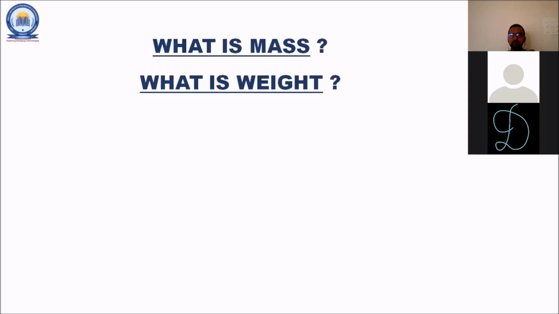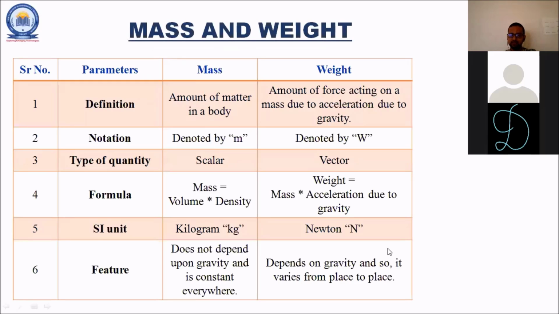Okay, weight is mass multiplied by the gravitational acceleration. Okay, Dev Shah has replied. Mass is the amount of matter. Okay, Dev Shah has again given me the answer. Very good. Weight differs from place to place. Okay, mass is a fundamental property of all matter. Okay, very good. Seeing your answers, I am getting some positive vibes that you are aware of the concepts. So let us refresh those points by making a comparison between mass and weight, so that the concept is perfectly set in your minds and easily remembered.